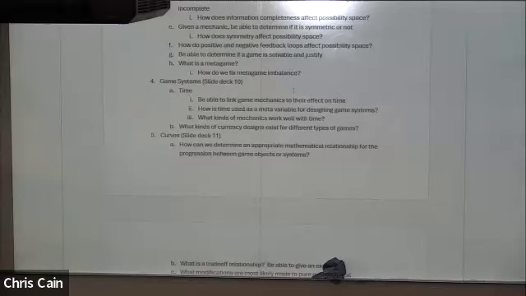I may give you a game that you've never heard of or seen before. Describe its rules, then you could tell me if it's solvable or not. I could ask you to give me an example of a solvable game or an unsolvable game and justify why. We talked about metagames,